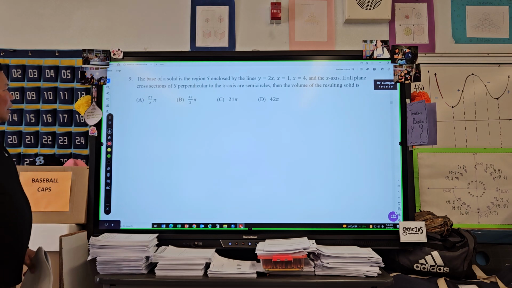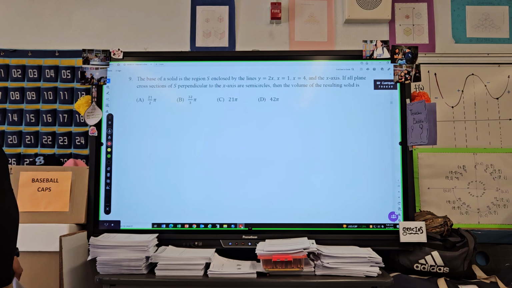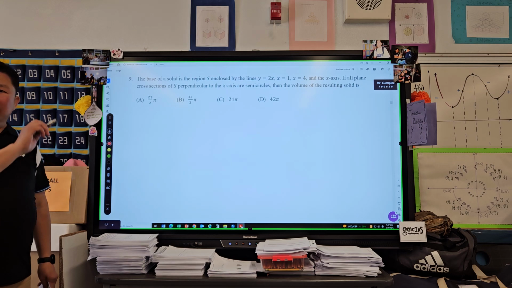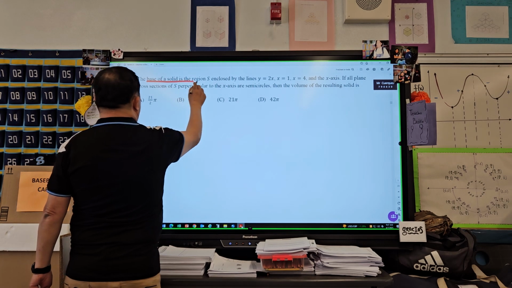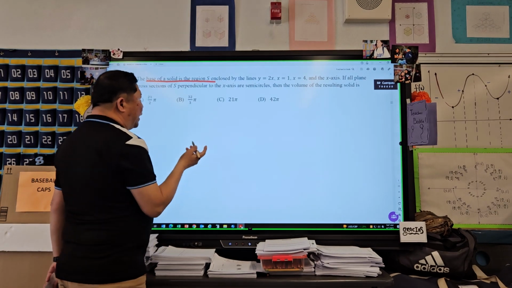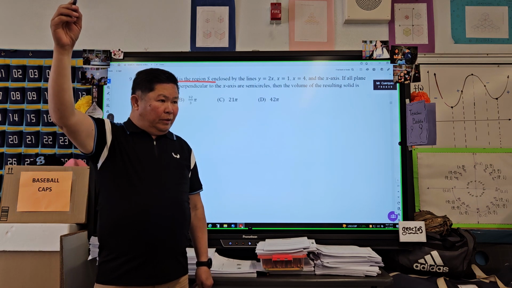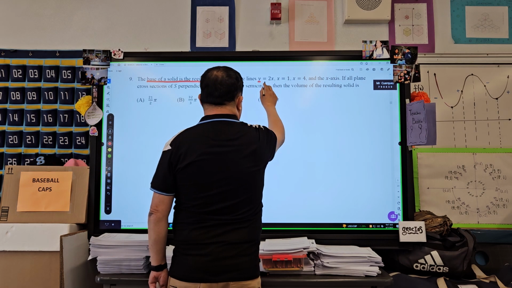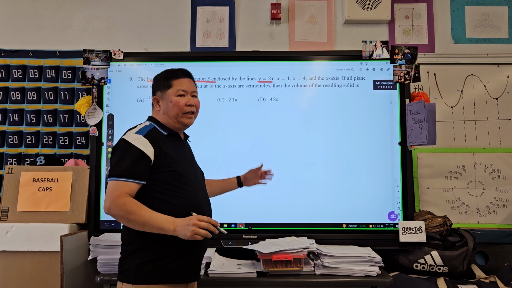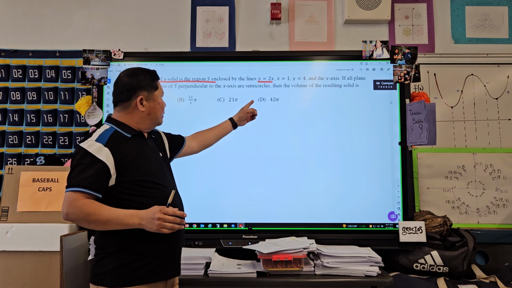Okay, so we're gonna highlight first, guys, the important words or terms right here. So this is the base of a solid. So this solid is not being revolved, it's just a solid. So the base of the solid is a region enclosed by the line y equals 2x. So that means it's gonna be increasing, right? Positive, the slope is positive. So we have this line being enclosed by the two boundaries, intervals, x equals 1